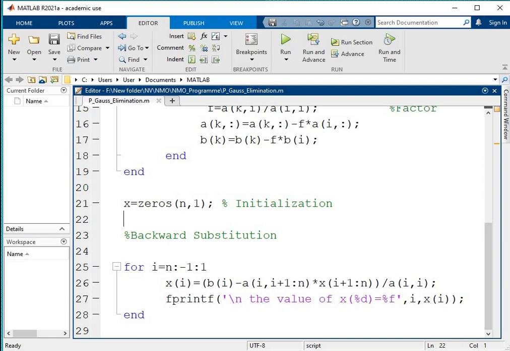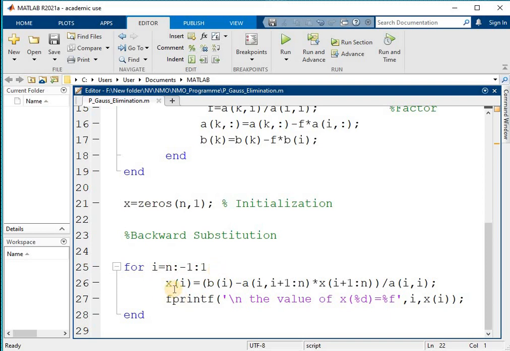Then we are applying the backward substitution. In backward substitution we are going from last to first. So that's why the for loop is used for I is equal to n to 1 and the step size is -1, because we are moving from bottom to start. So the increment must be given as -1, and we are starting with the nth value and ending with the first value.